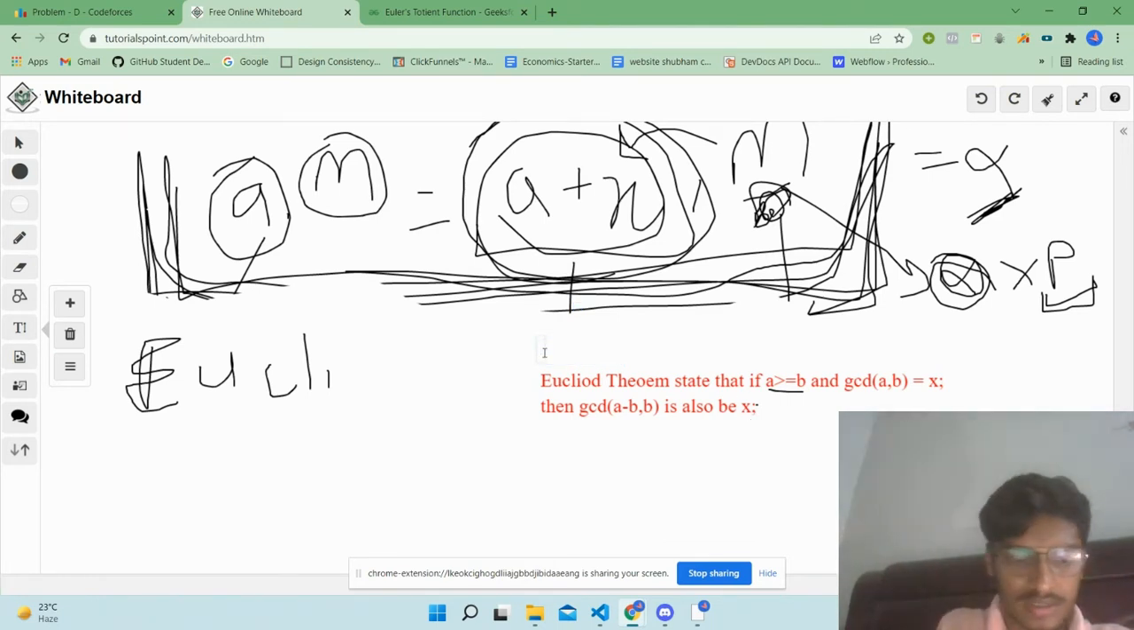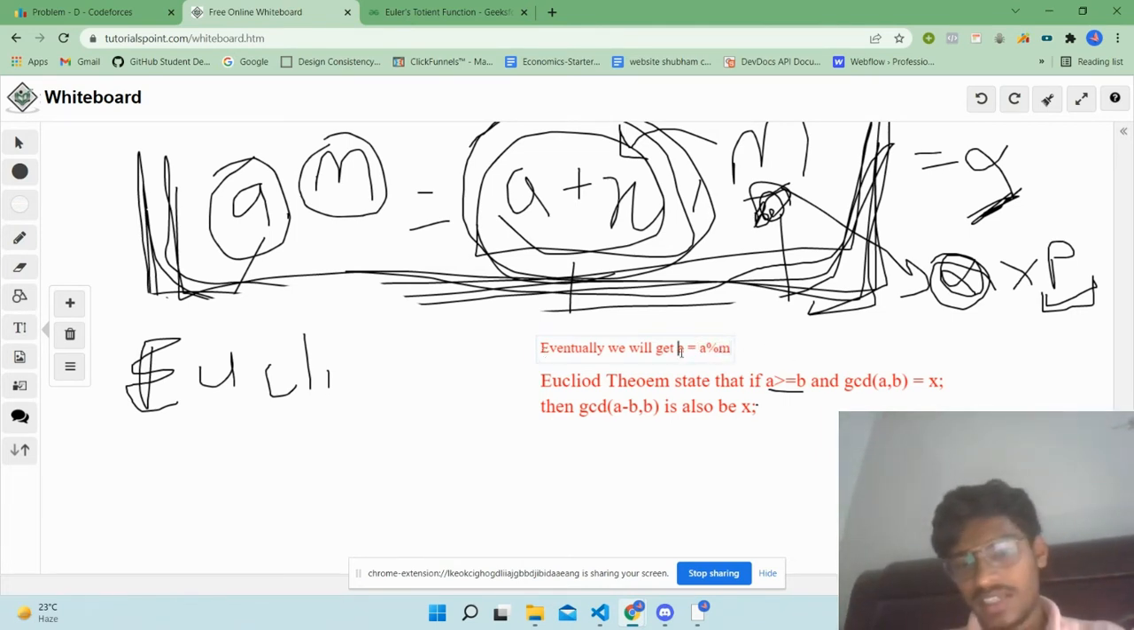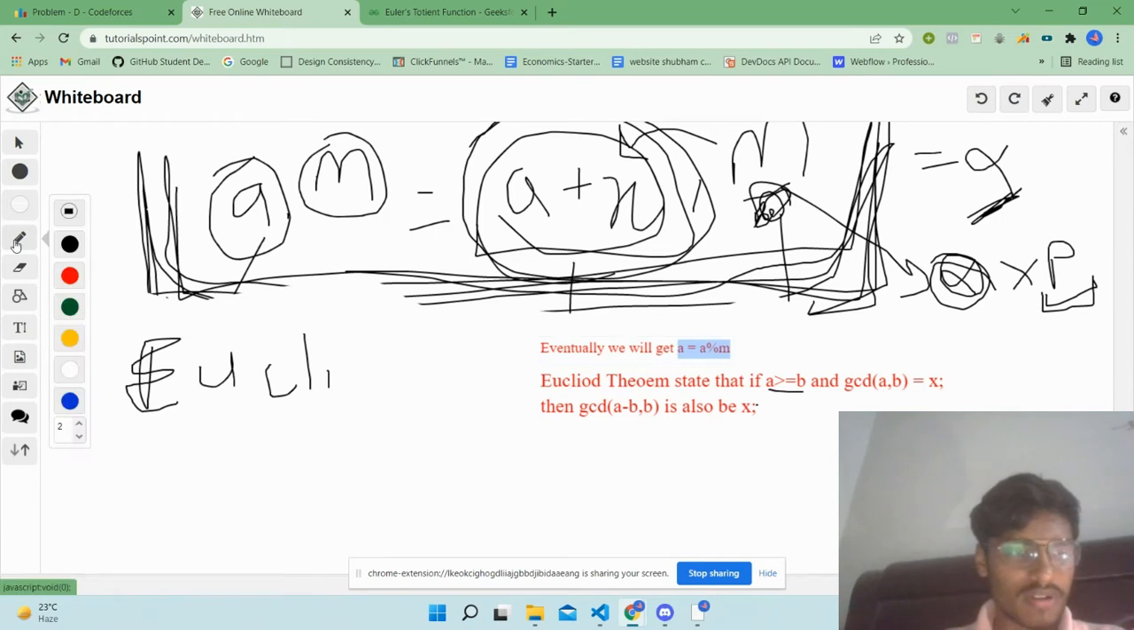eventually we will get A equal to A modulo m, right? Try to visualize it, like you will get A equal to A modulo m after you keep on subtracting m from it. Okay, so now our original equation turns out to be like,